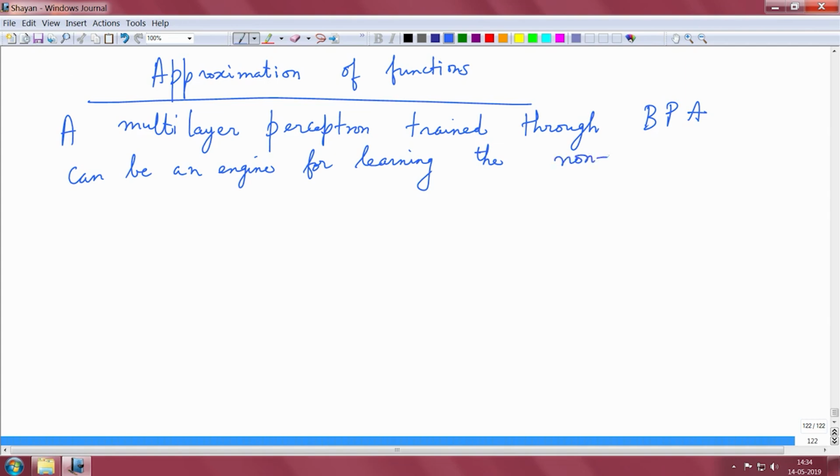And I would like to emphasize nonlinear input-output mappings. Linear maps are anyway affine maps, and you can learn that using the perceptron, but this is a nonlinear input-output mapping. So what it means is,